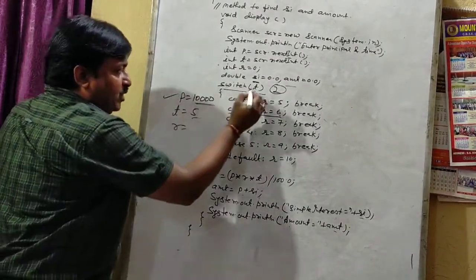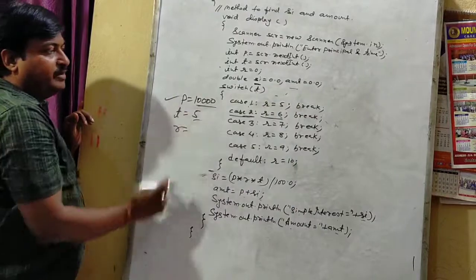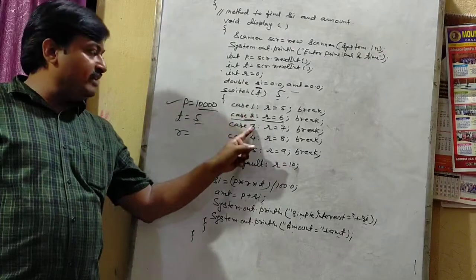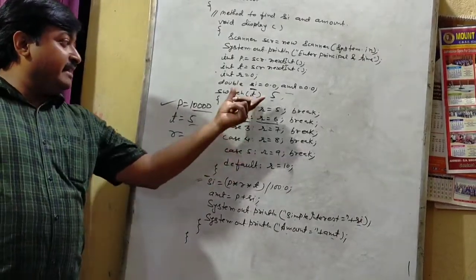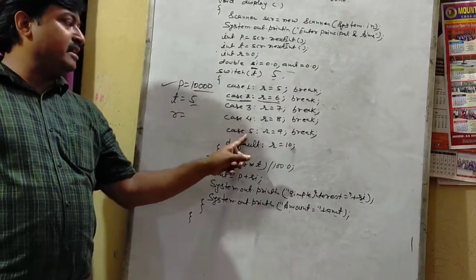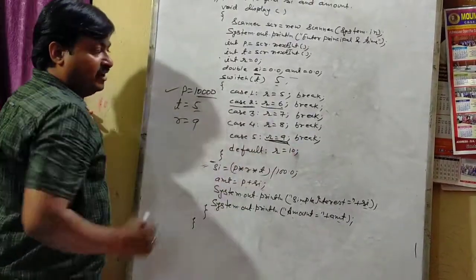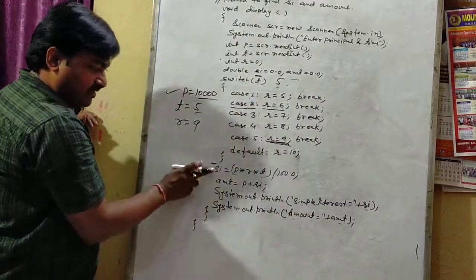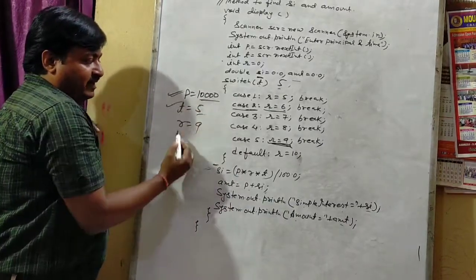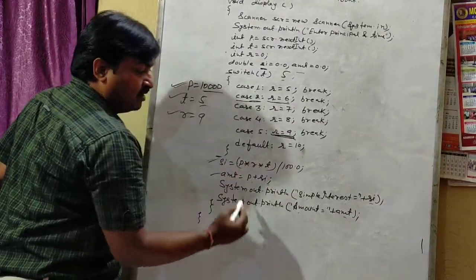5. We will put the T inside the switch. Therefore, the expression of switch is same as the value of T, that is 5. This time, case number 1 will not match, 2 will not match, 3 will not match, 4 will not match. The value of the switch expression will match with case constant number 5, and for case constant number 5, R is equal to 9. Therefore, this line will execute, R equal to 9, and break will transfer the control outside the switch. Here we have come. So we have P, we have time, and we have now rate also, 9. Therefore, P into R into T by 100. We will find the SI and amount and print it.